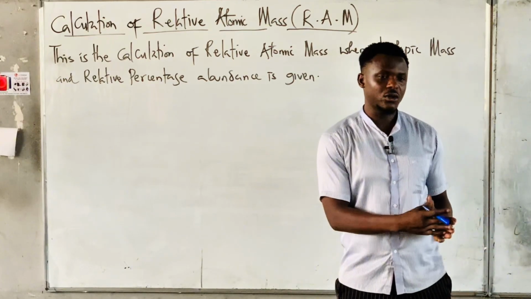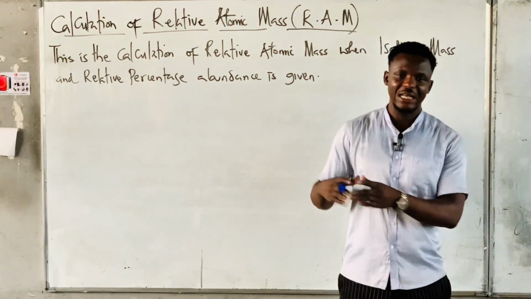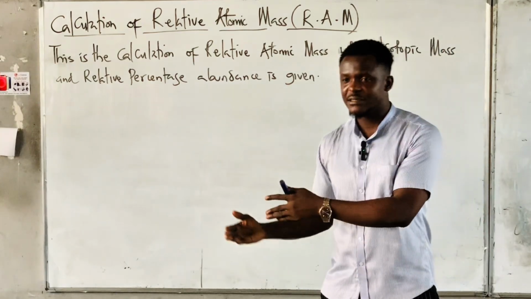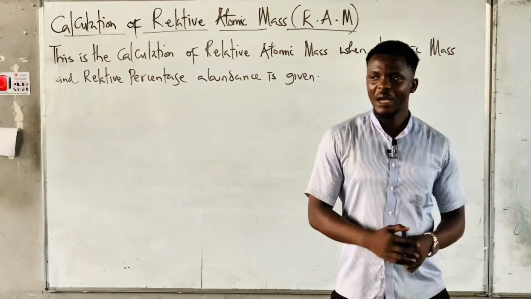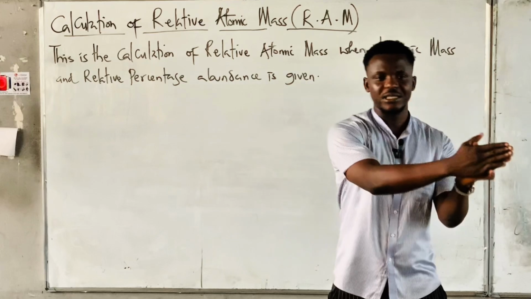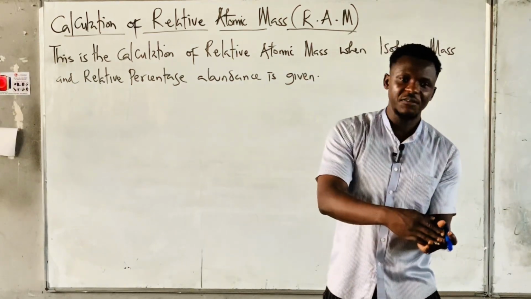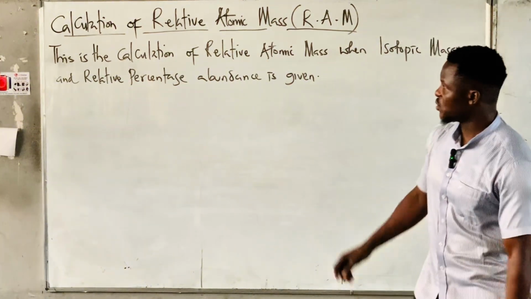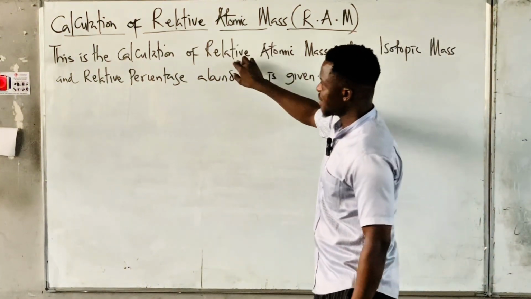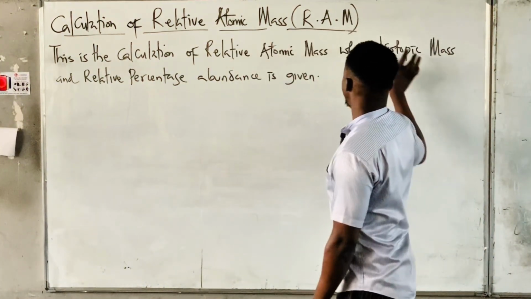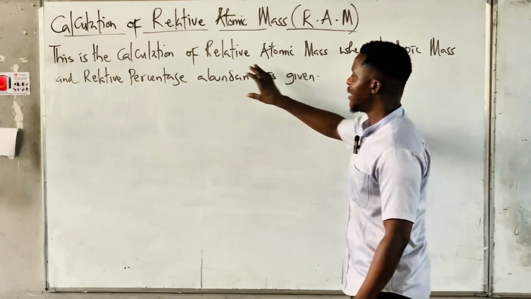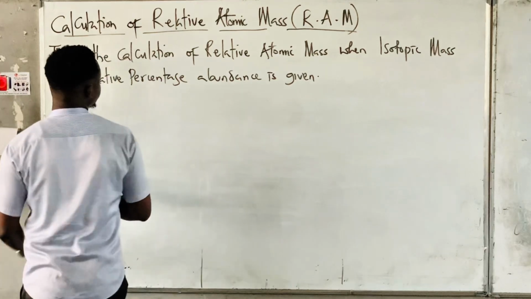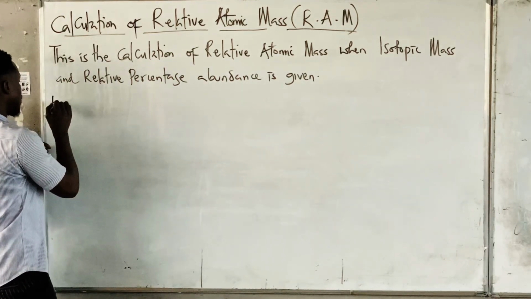Because one of them occurs at 75%, one of them occurs at 25%. So the one that is occurring at 75% is more abundant than the 25%. That is why the molar mass of chlorine tends towards 35, because the 35 is more in abundance than the 37. So please look at this. The write-up says, this is a calculation of relative atomic mass when isotopic mass and their relative percentage abundance is given. Now the formula for that, I'll say for 2 isotopes,